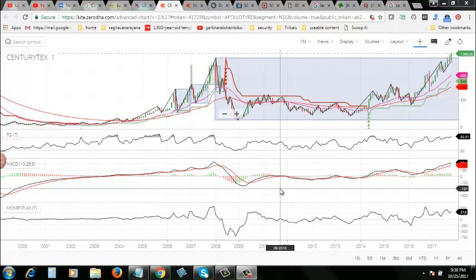For this, what you are seeing right now is the monthly chart of Centurytex, and along with your trend chart, you are seeing a few technical indicators also, which I am using here to do the technical analysis. One is RSI, MACD, momentum, super trend, Darvas. I am using etc. Other technical indicators also. If you see the chart,